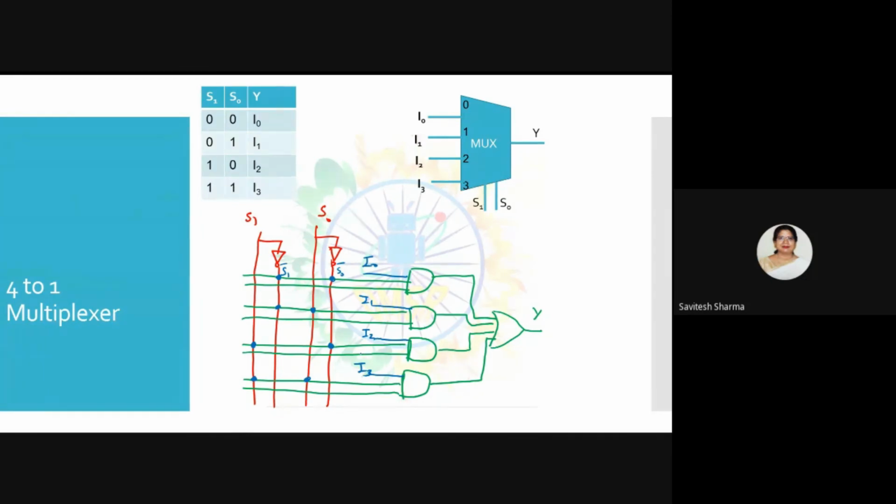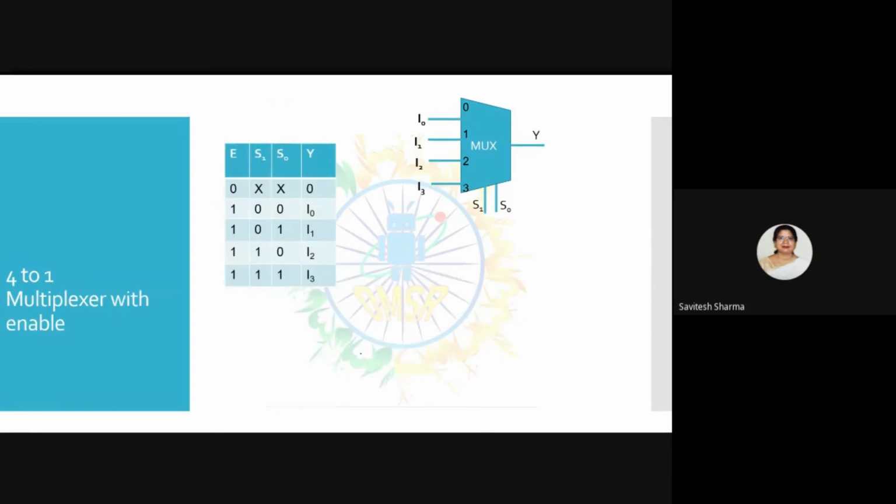Sometimes multiplexers are available with enable. See, suppose you are building a big circuit. Many modules are there in a big module, and sometimes you don't want to use some sub modules regularly. So to save power, you can make them inactive. The important thing is to make it inactive for a particular time. You will use an enable signal.